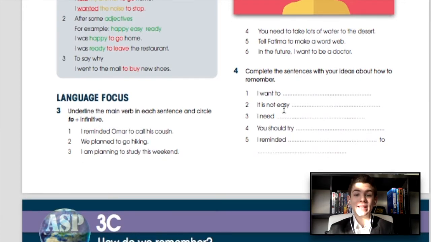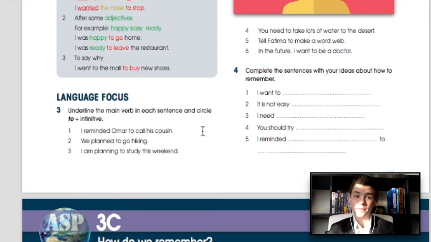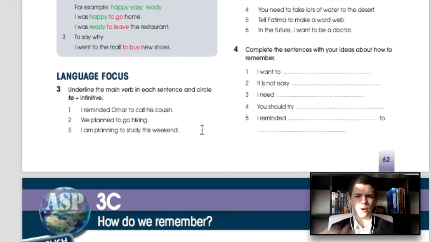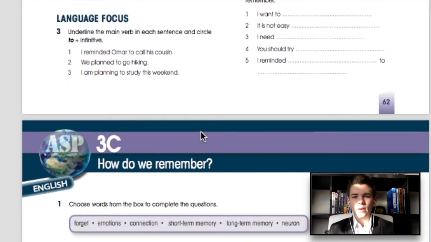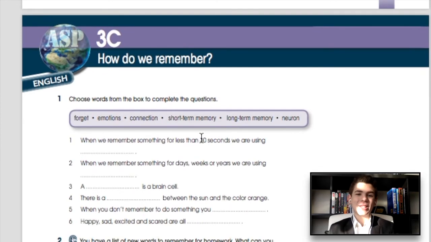And then it is not easy to what? What's it not easy to do? What's something not easy for you to do? You can use the to plus infinitives here. So just practice with all of these. You have to answer all of them. And if you do that, my father will be very happy. So do your best. So moving on to page 63, we have,